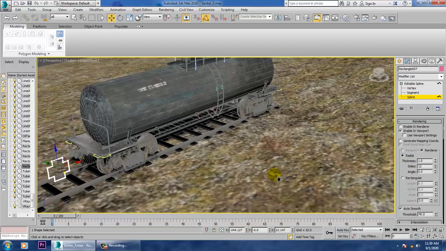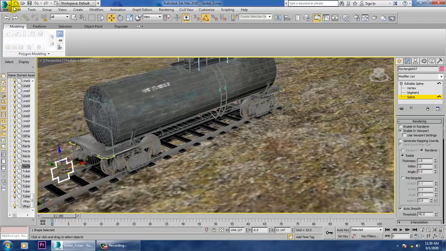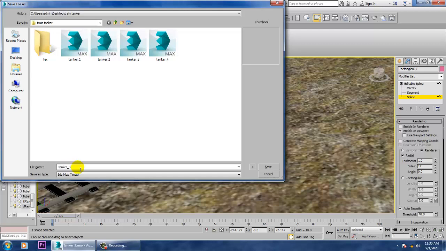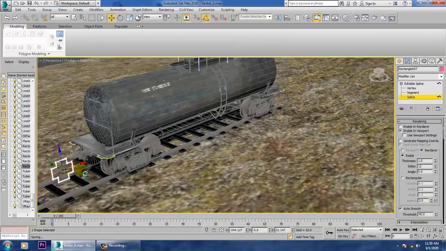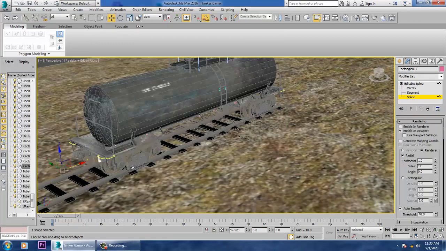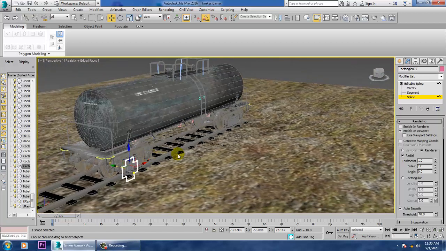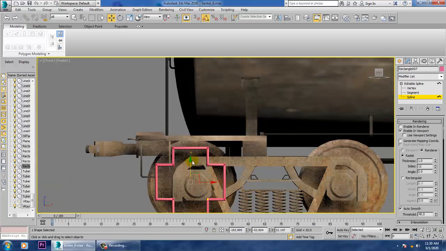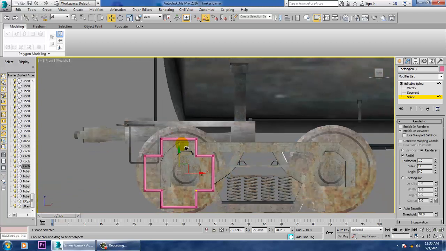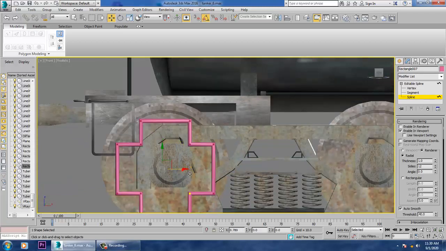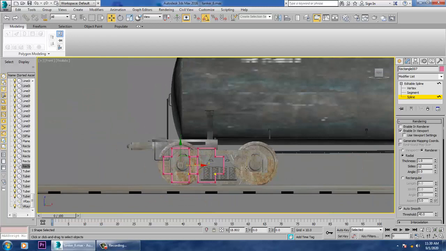So let's save this file as tanker 6. That would be much better. After making this controller, let's push this controller over here. Let's go into this view and make sure we push it over here perfectly. So let's make 4 copies.